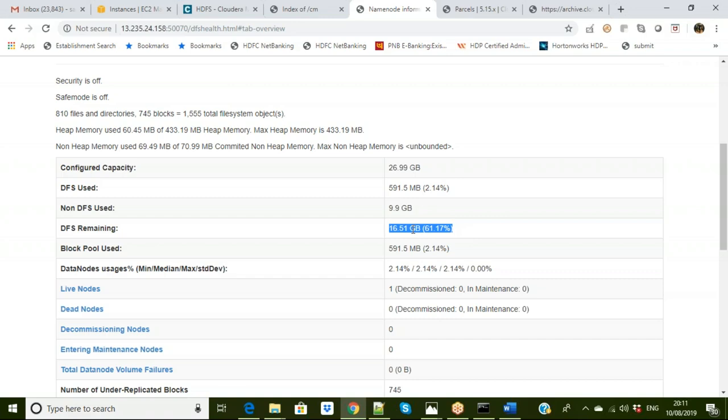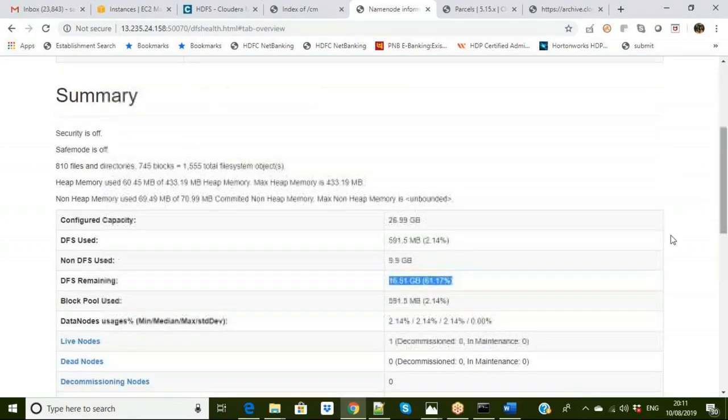From an admin point of view, you should always keep track of the name node UI and see that your DFS remaining and the configured capacity are not breaching. The DFS remaining should be at most around the 20% level, and you should plan purging certain data and moving certain data from your cluster if it goes beyond that. Otherwise, if your DFS used crosses around 90%, you will see certain errors on your cluster UI,